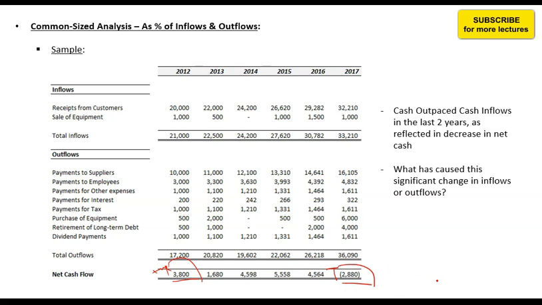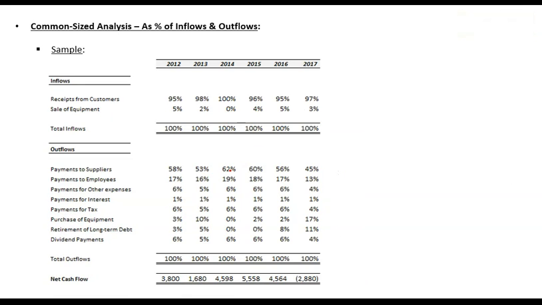On the face of it, it shows a problem. It looks like the company is not making cash, but instead it is investing cash or it is making cash outflows on a net basis. But this is not enough. You will need to find out what are the actual sources where cash is coming in or what are the actual sources where cash is being used. Has there been a problem with the inflow sources or has there been a problem with the outflow sources, and what actually is the problem? So for that purpose, you can make a common size cash flow statement to make the analysis easier.